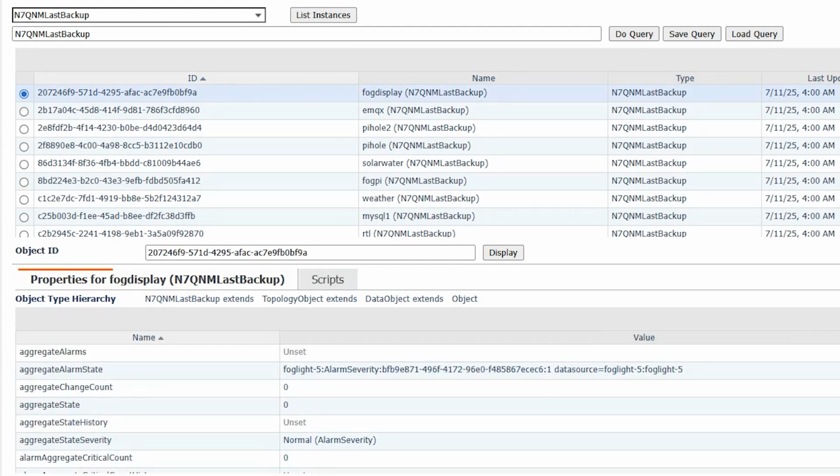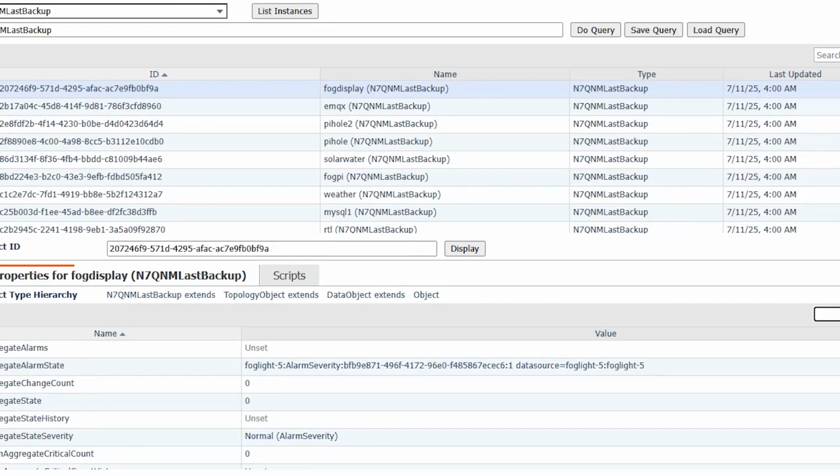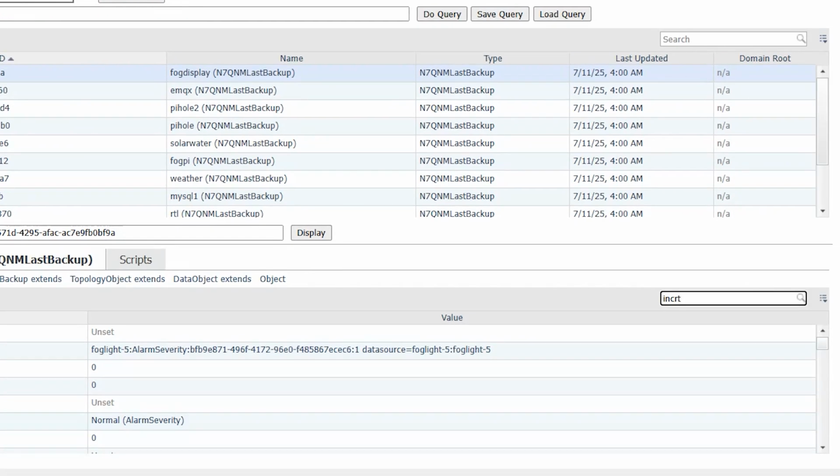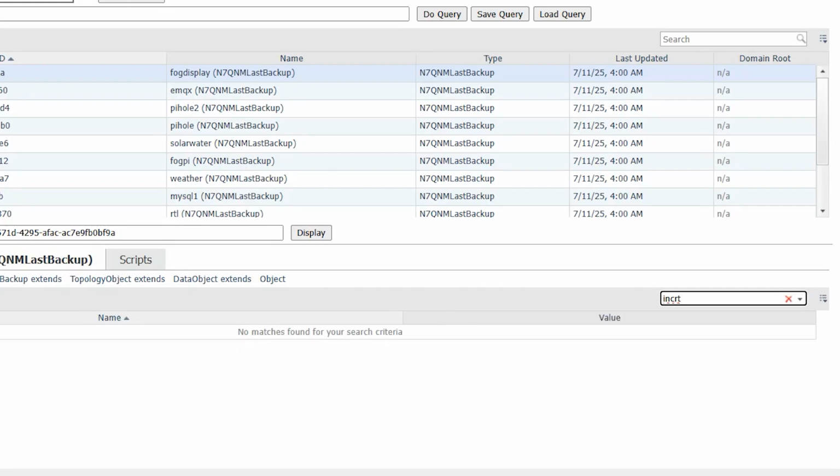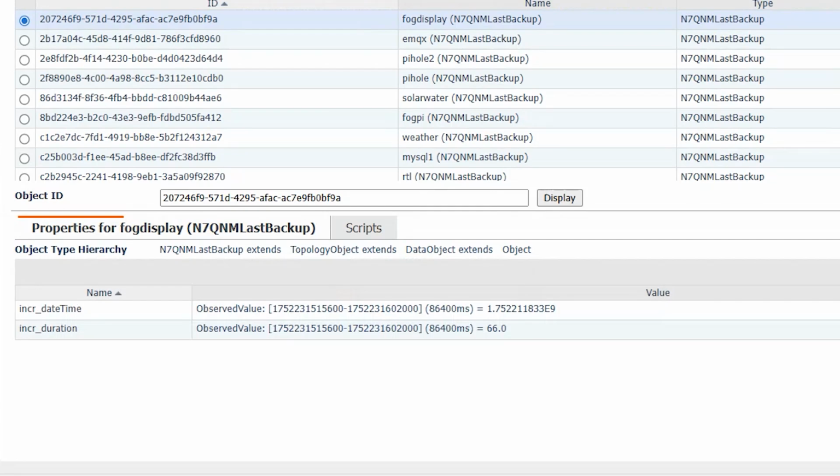If I select one, you get that. And here's all the instances and all the data for my backup for this host. There's the host name here, Fog Display. So that'll tell me when Fog Display was backed up. And if I go INCR here for incremental count, oops, got too many characters. If I go INCR, there you see I've got incremental date time, the date time of the last backup,